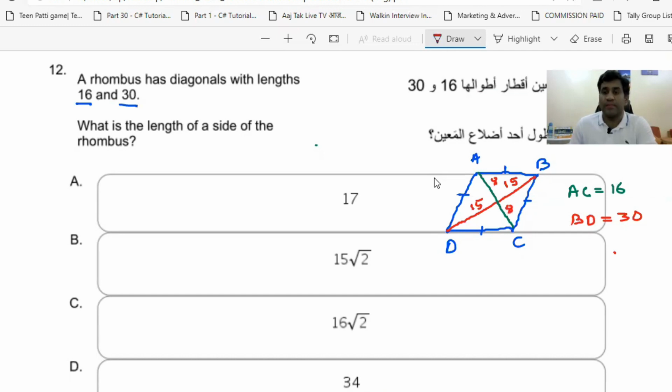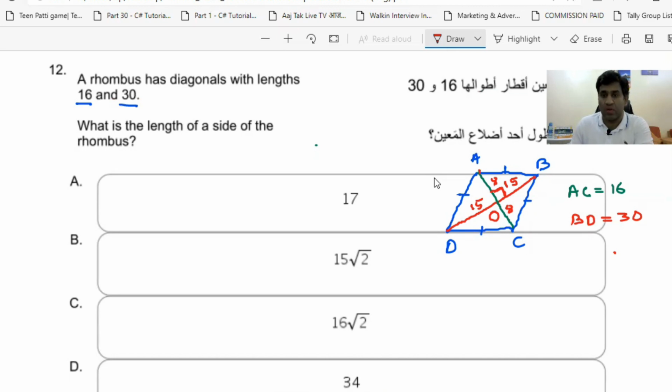Now look, another important thing I can say, whenever you bisect the diagonals of a rhombus or even a square, as the length of sides are equal, at the point of intersection those make an angle of 90 degree. It means if O is the point of intersection, then triangle AOB is a right angled triangle now, isn't it? Now in a right angled triangle, if I know any two sides, I can find the length of the third side by using the Pythagorean.